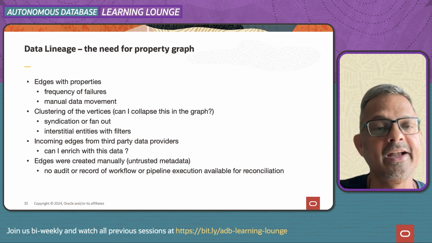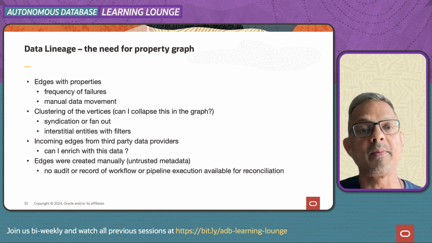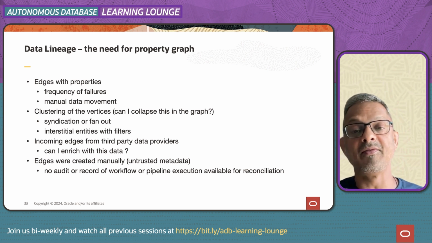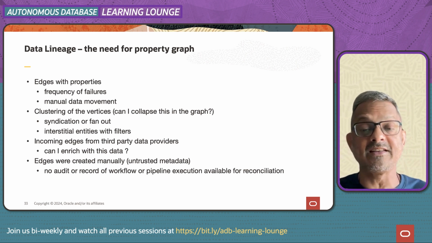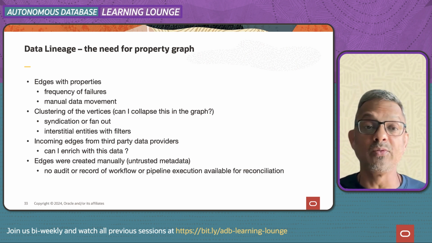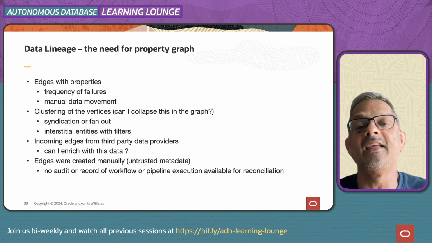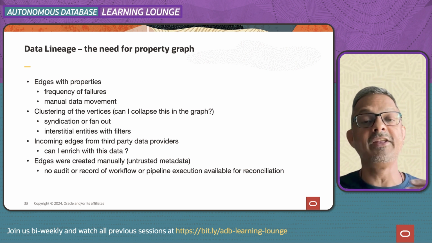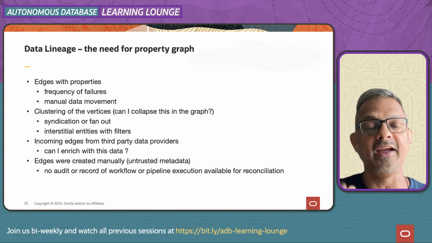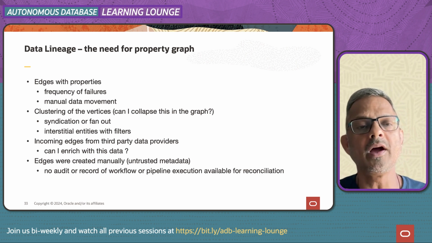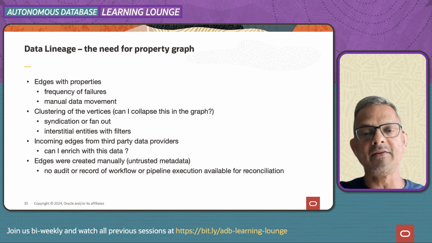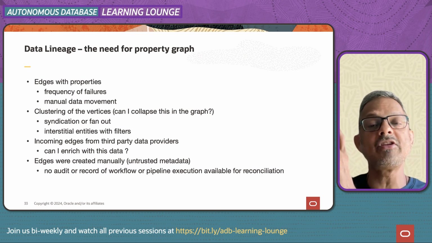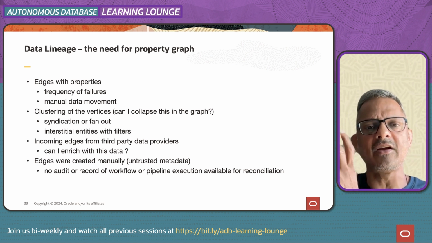More data points on why we want to use Property Graph: frequency of failures, and some of the information that we have as part of the graph that says, like I pointed out, these are manual data movements. People said that, yep, this is me uploading the data, trust me. So we need to know these edge cases. Also, one of the interesting things is that when you look at the vertices, you will tend to find some clustering of vertices. There are data that are created